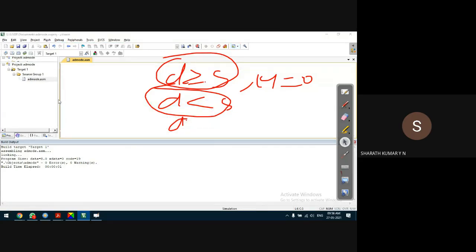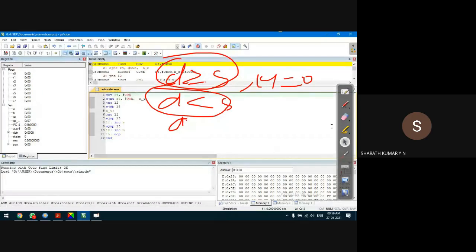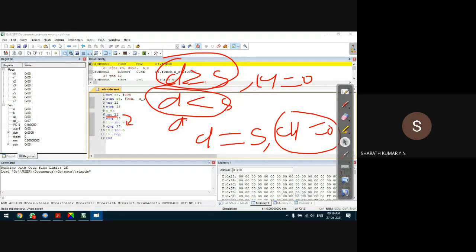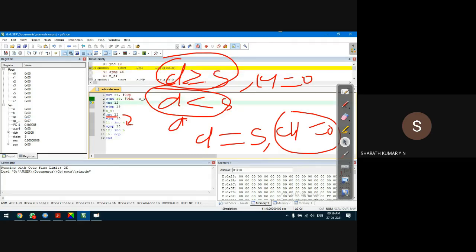F11 on my keyboard, I'm taking equal data now. What should happen is, if destination is equal to source, carry is reset to 0. I'm checking using JNC instruction, jump if no carry. It should jump to L1, where there is increment A at least. Okay, F11. 0 is transferred to R4. 0 and 0 are compared. When they are equal, it goes to the next line.